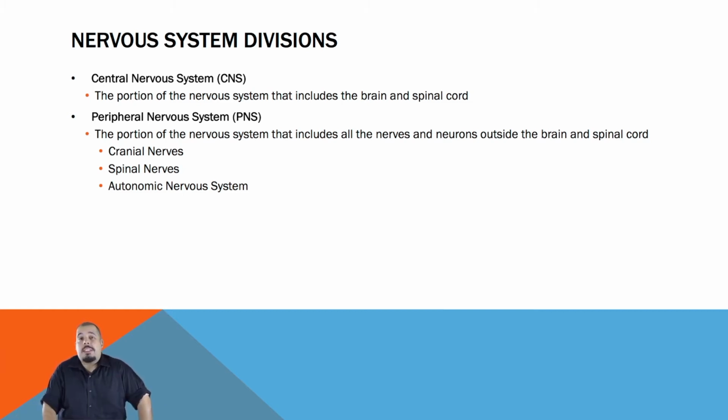The PNS is the part of the nervous system that exists outside of the brain and spinal cord. It consists of nerves, which are bundles of axons that extend throughout the body. This is where motor neurons and sensory neurons exist that we discussed earlier. The PNS can be divided into three separate parts as well: the somatic nervous system, which contains the cranial and spinal nerves; the autonomic nervous system, which is responsible for automatic functioning; and the enteric nervous system, which is used